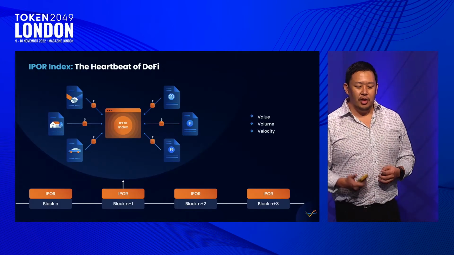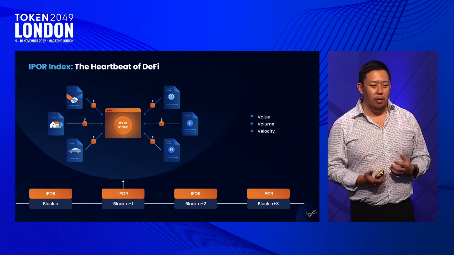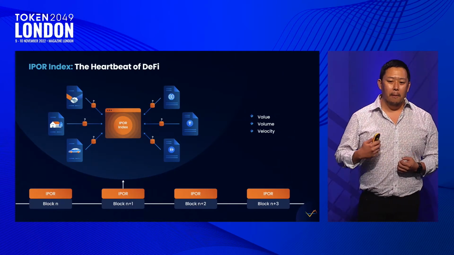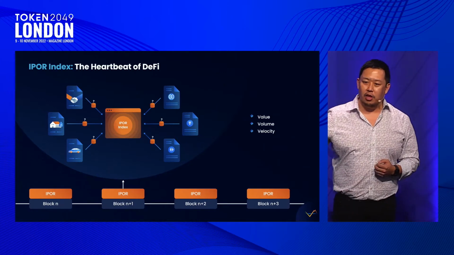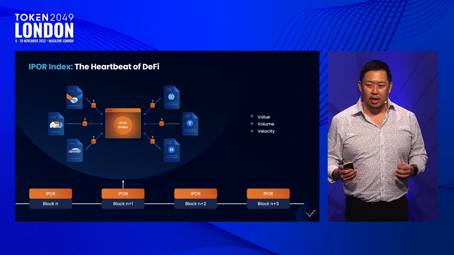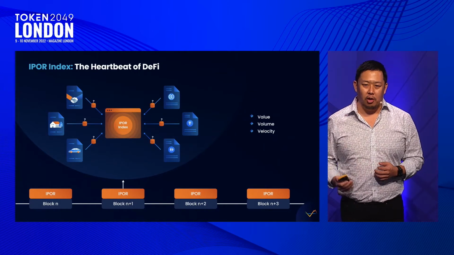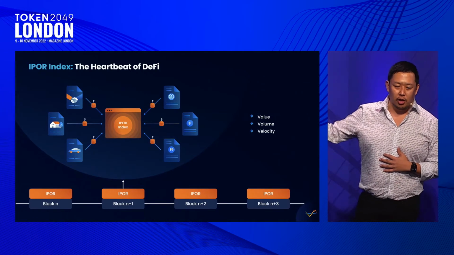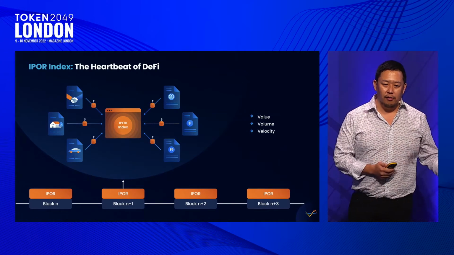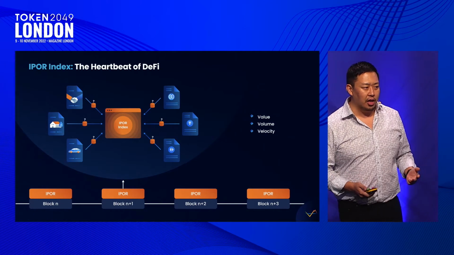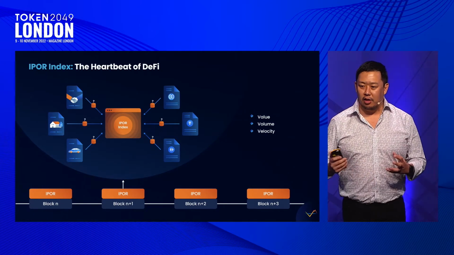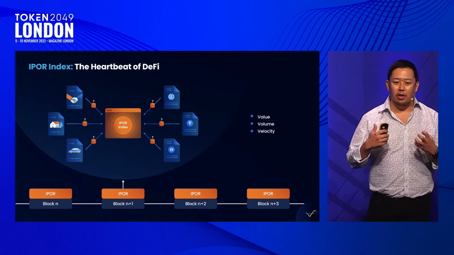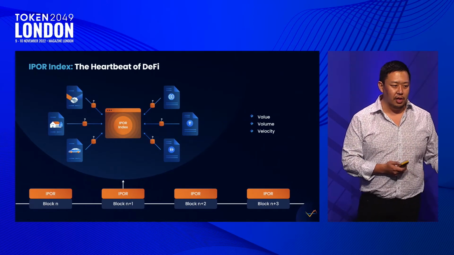And really the value of it is this: we call the IPOR the heartbeat of DeFi because it's keeping the heartbeat of the DeFi credit markets block over block. And as you have this very open data framework, and you have these instruments that are pegged block over block, the real long-term value of the IPOR instrument is how many of these other instruments are pegging to it. What's the value, what's the volume, and what's the velocity of these external instruments that are very clearly making these smart contract to smart contract calls, and this basically public good functions as the base of the DeFi credit markets.